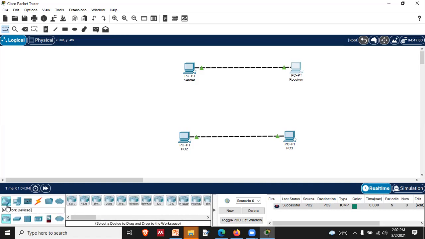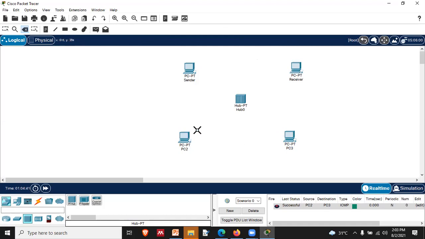This one, the first one, network devices. So what you have to do is move your cursor to this network devices, and there, we have to go with the hub. This is your hub, right? So we will have a hub and we will drop it over there this way. Now what we will do is disconnect the previous connection. Now since we want interconnectivity, right? So what we will do is connect them.